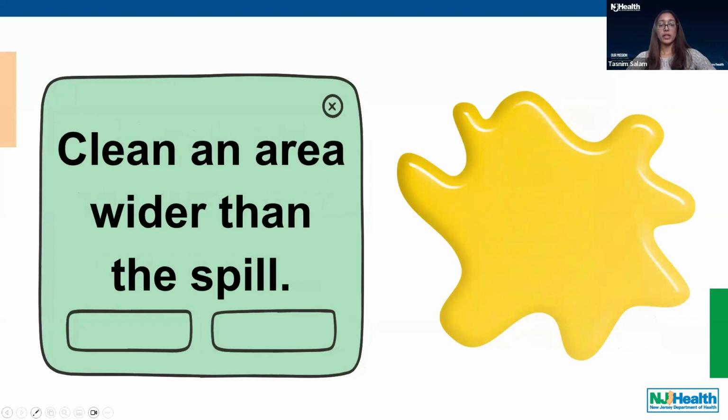Next, while wearing disposable gloves, make sure to spray an area wider than the vomit or diarrheal accident with a disinfectant from EPA's List G. Consider a 10-foot range of the spill. You don't want to miss any splatters. And if available, disposable masks, aprons, and eye shields may also be worn.